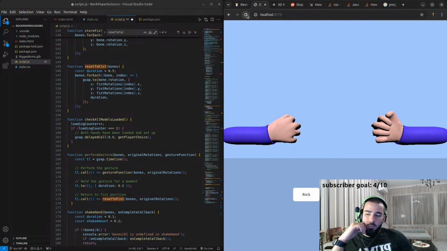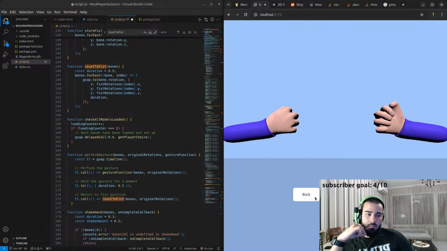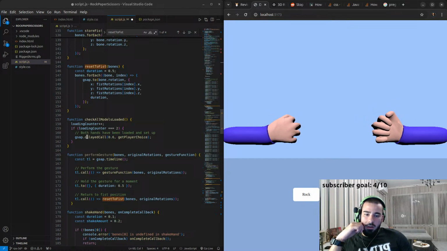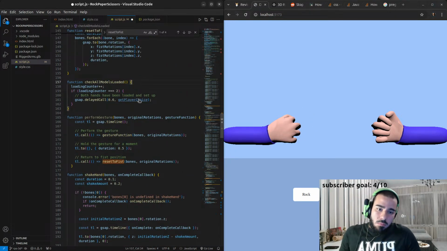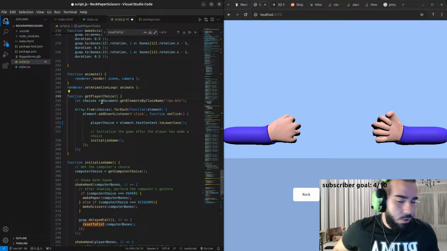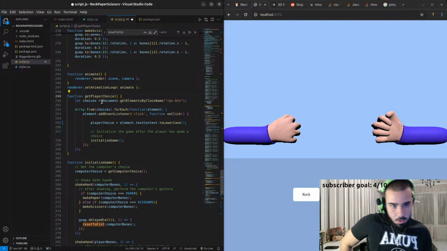Although, when you enter the game, nobody is going to just click rock from the very beginning after they reload the screen, so probably I can remove this delayed call, but nonetheless we get the player choice and we wait for a player to choose either rock, paper or scissors. Now the get player choice is at the bottom